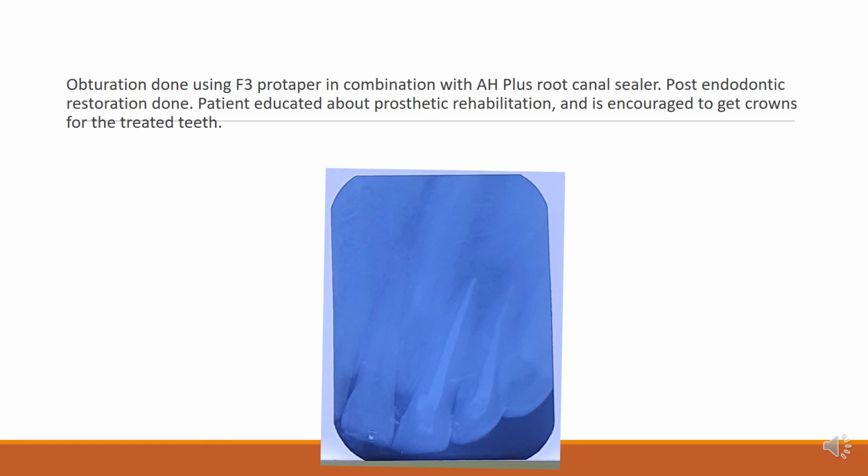Patient was totally asymptomatic, so no reason to delay the post-endo restoration. We don't want the risk of exposure of the gutta percha into the oral environment if the temporary restoration dislodges. And then, of course, we advise the patient for prosthetic rehabilitation, that is to get crowns for the teeth. Of course, it is a class 1 access opening, so the proximal surfaces were intact, so the tooth is still strong. However, because the tooth was already discolored, and because after root canal treatment the teeth tend to become a little weak and brittle, and the chances of chipping off of the teeth during mastication is always possible, because of which we always advise crowns.